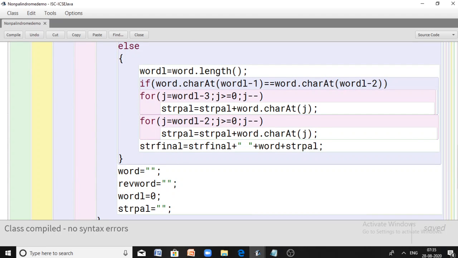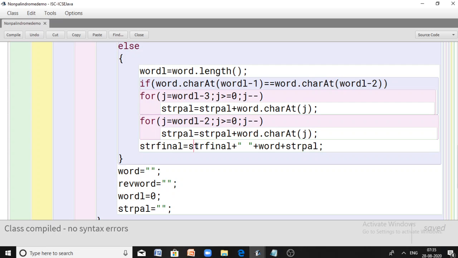So here what's happening is we are taking from the last but previous character if the given last characters are repeated. That means the character at L minus one and the character at L minus two, that means the last character and the last but previous character, both are the same, meaning the characters are repeating. In that case, you start reading from the character before the last but previous character, that means the third character from the last, and concatenate with the reversed form of this word. So strpal, and you finally assign it to strpal.